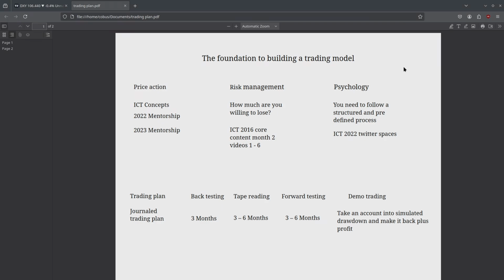Another way you get your strike rate higher is, everybody asks, when do I need to get in? When do I need to get in? How can I get in? When do I not have to be there? What about that? When can I go do something else for the day? When do I not push the button? When is it a low probability for me to get in there?